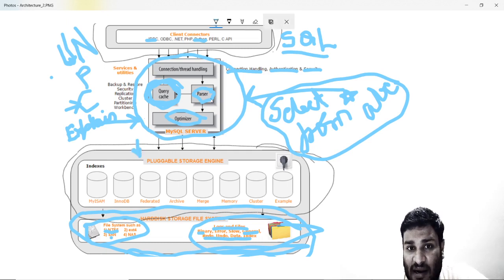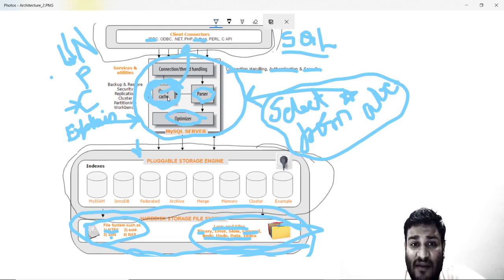When your parser identifies what all things have to be done, if it has the data in the query cache, it will take the data from the query cache and pass it on to the client.